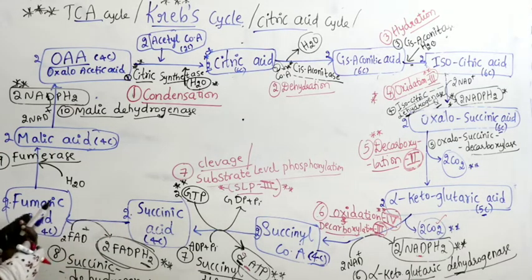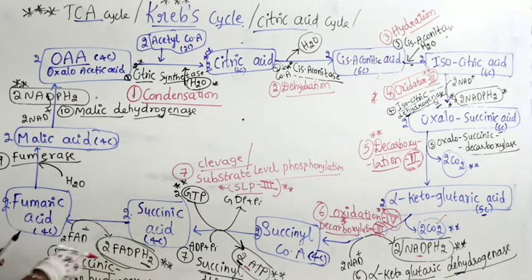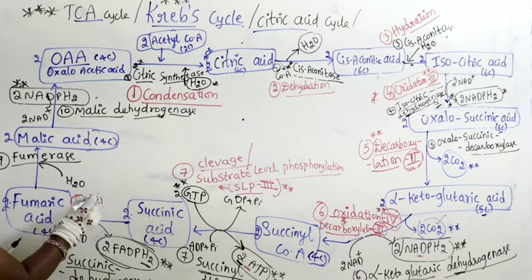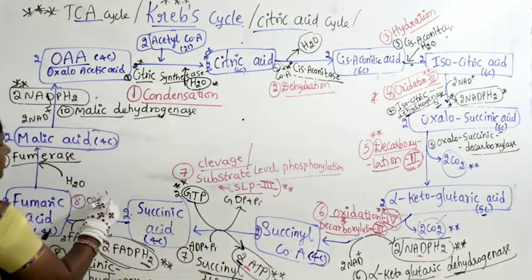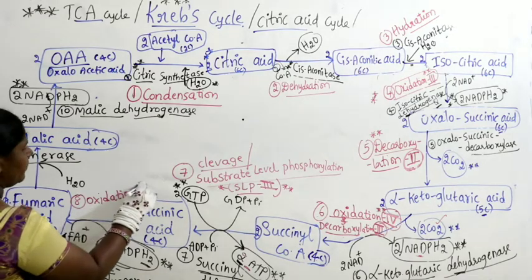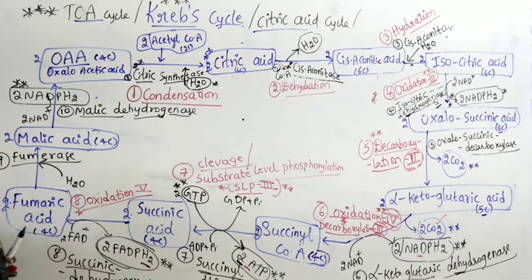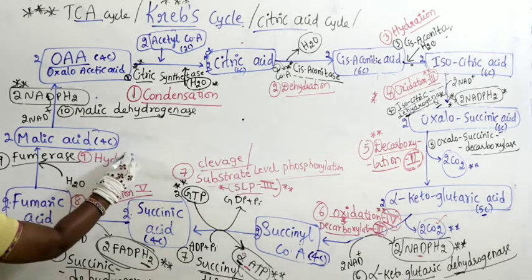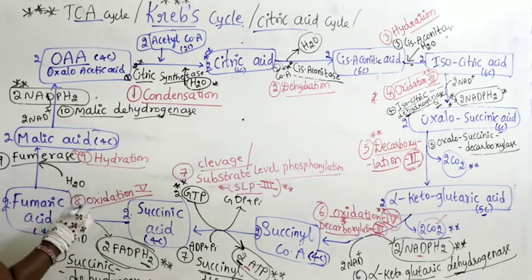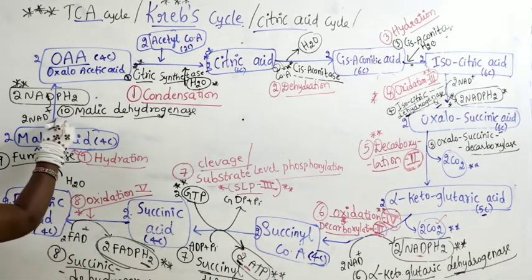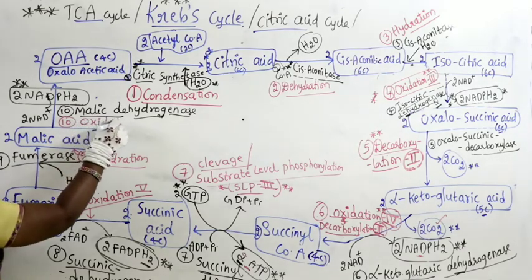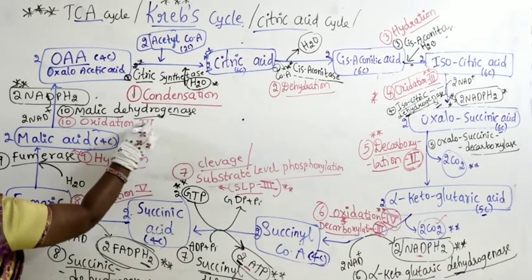Coming to the 8th one, every alternate step we have oxidation. FADPH2 is produced. So number 8 is nothing but oxidation. Here it was 4, no? Let us take oxidation 5, right? In the next step water is added here. So this is the 9th reaction, water is added, so we can write hydration. So this is the 9th step, this is the 8th step. Now the 10th one is again oxidation, that is oxidation number 6.